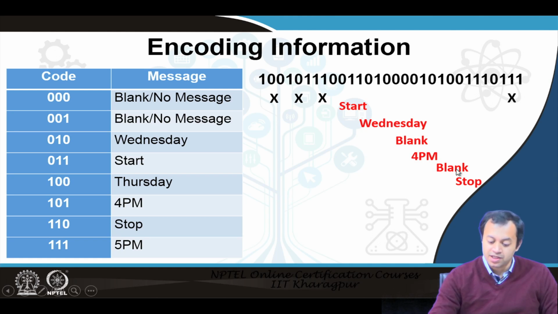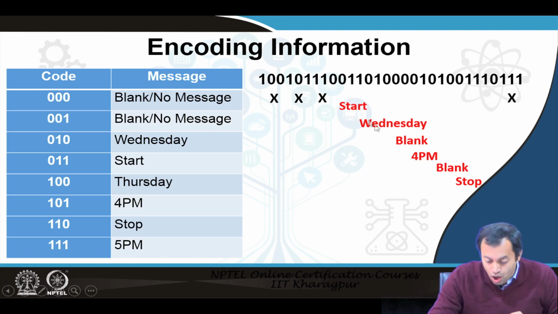There might be blank messages in between for security purposes, and there will be streams of data outside start and stop, which irrespective of the information will be invalid. Meaning, even if you have received this part, somehow it has been stolen or someone has been able to do it, but if he does not know the rule that the message is only valid between start and stop bit, the message will not be decoded.